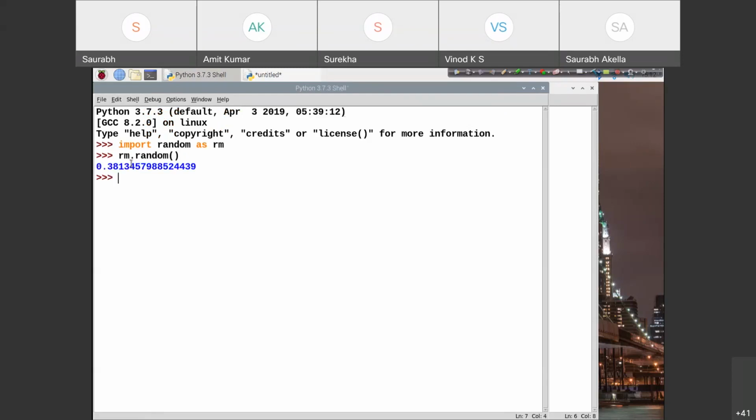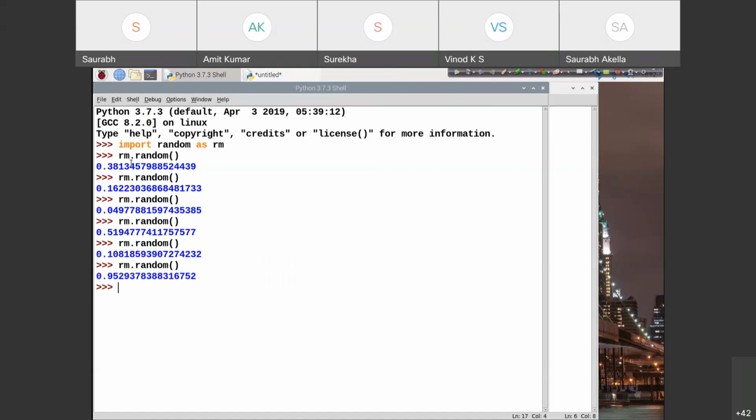As soon as I run this function again and again, this random number is going to change, right? Every time I run this function, the number changes, so every time a random number is generated.